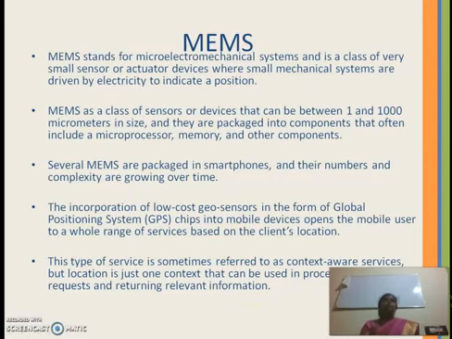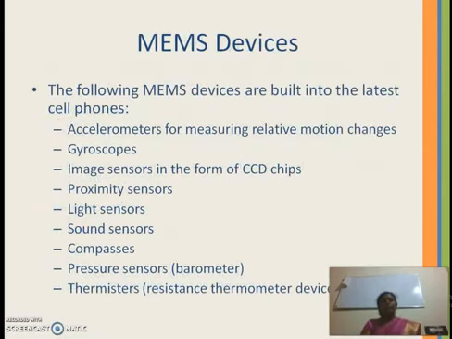Say for instance, nowadays people are using the Ola app for booking an Ola cab or autos or something. For that they need the location information of the requester, and this location information is gathered by this MEMS device or the MEMS sensor that is going to provide the location information.